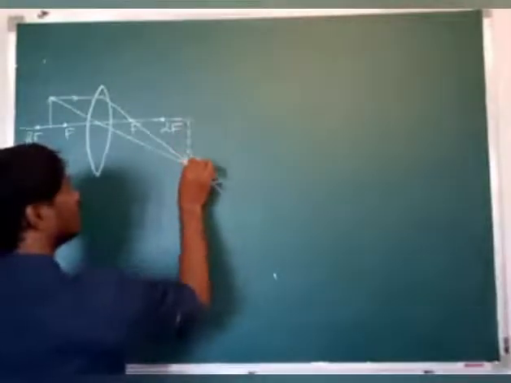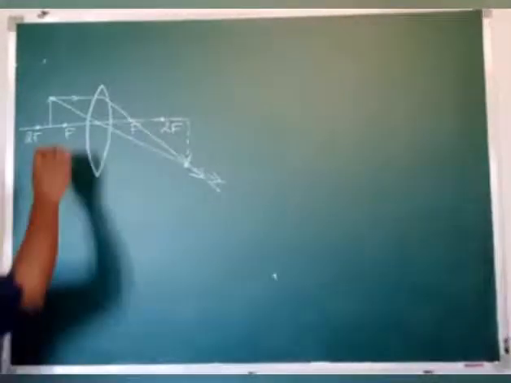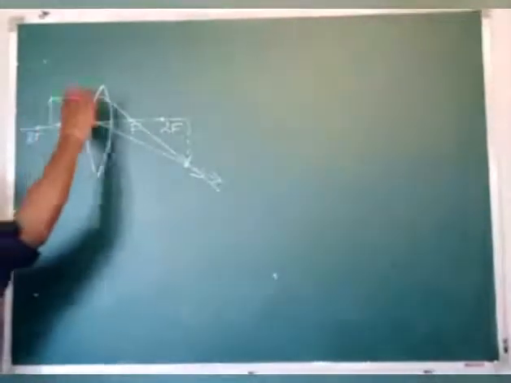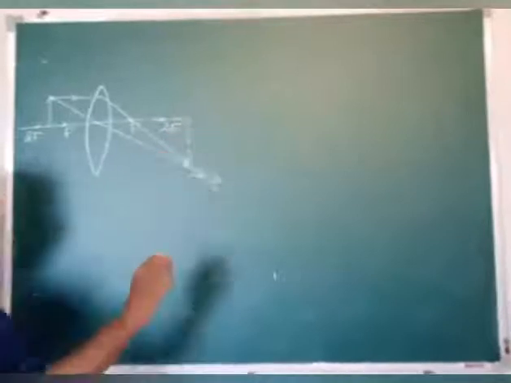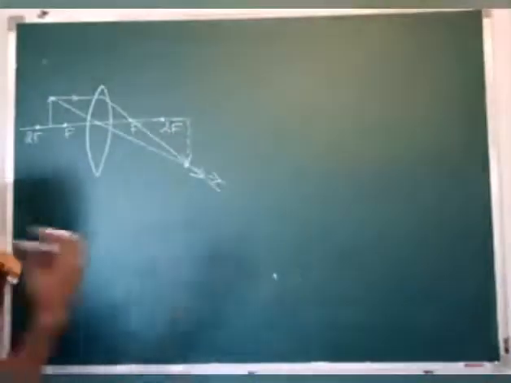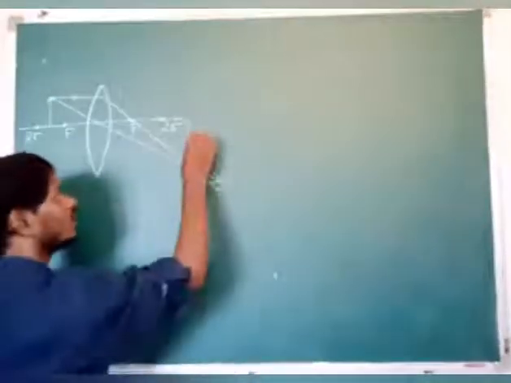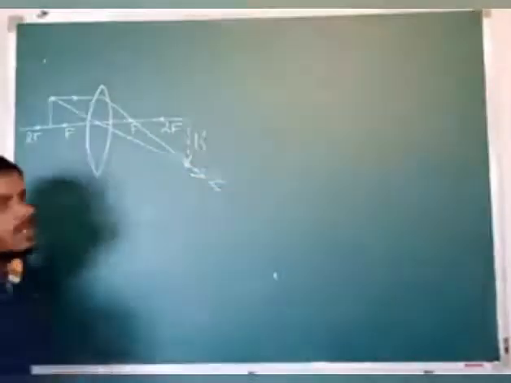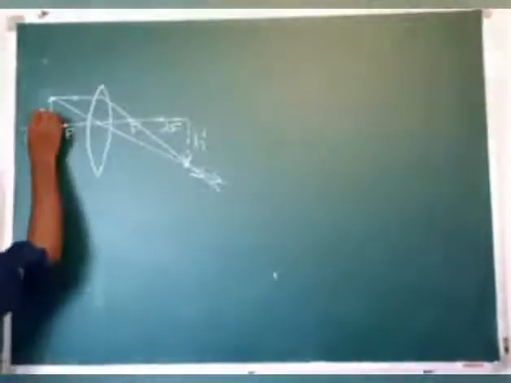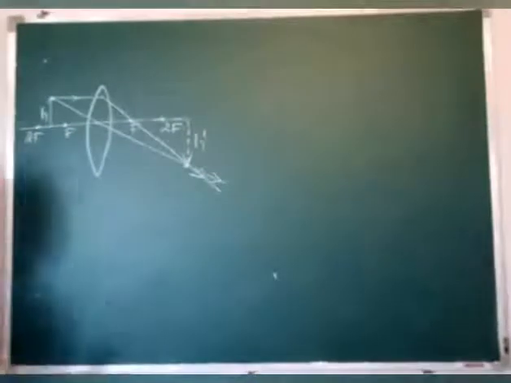See, it is the image of the object. Then it is the object now, for example a candle. Then it is the image of the candle here. Object is the candle. Then we are going to get the image of the candle here. Then the height of the image can be taken as h dash, and the height of the object can be taken as h here.